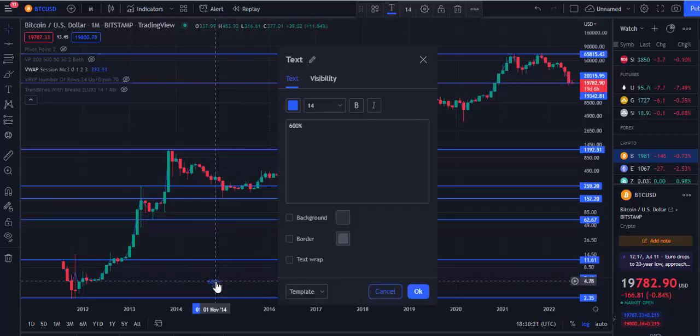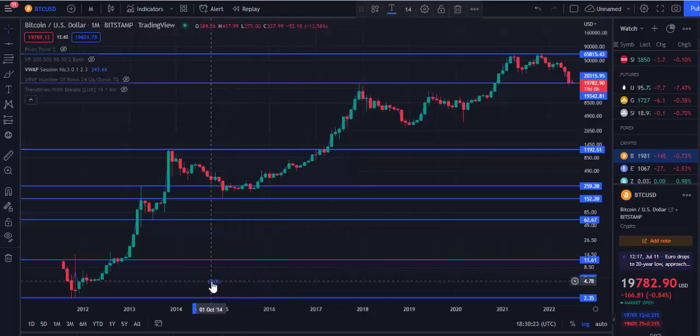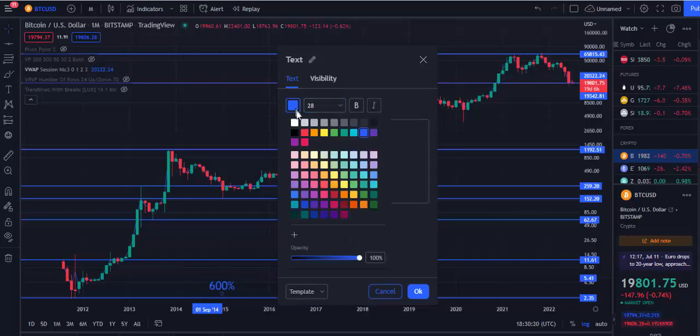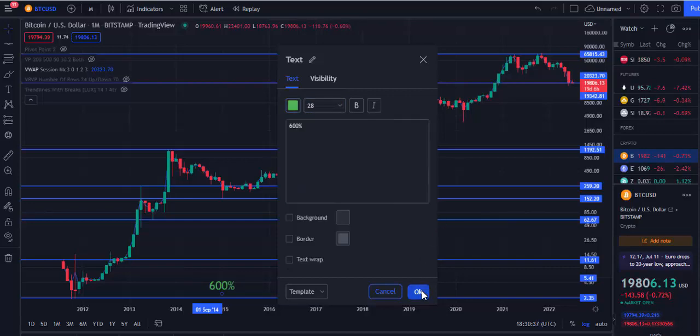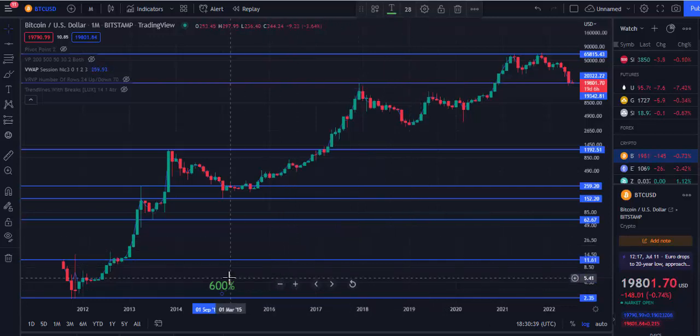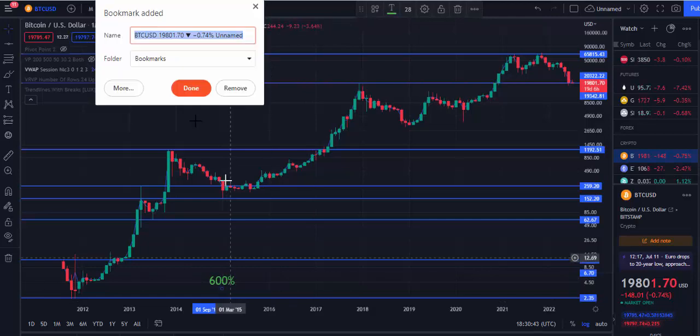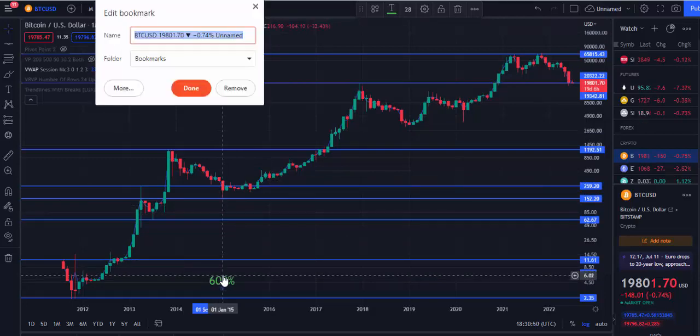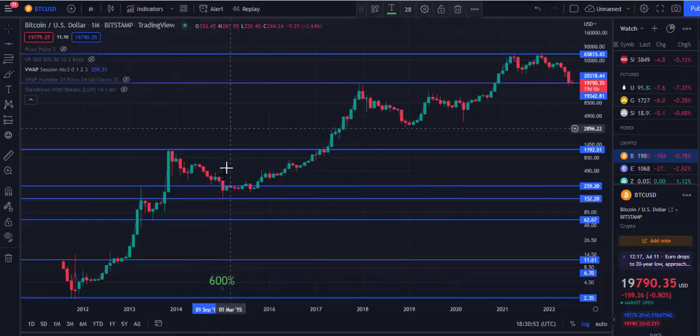The first one would have given you 600%, while this new one that we're doing now would have given you 300% plus. So that is what you can see here, this 300% plus. That's what we are going to do on this other one. You can see that this other one could have given you 300% plus.